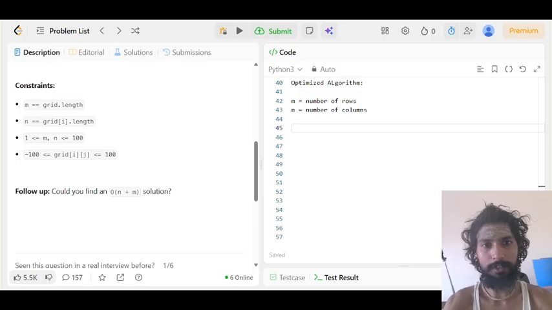Start from bottom left. So row equal to m minus 1, col equal to 0 and count equal to 0. Now run a loop while row is greater than or equal to 0 and column is